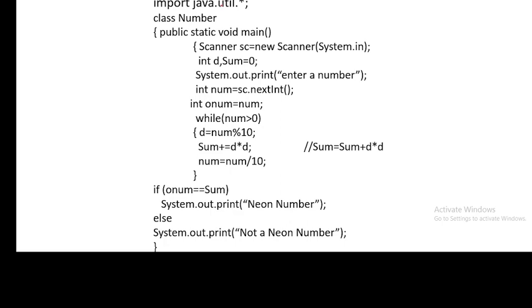Neon number किसको बोलते हैं? When the number is equal to the sum of the squares of its digits. सिर्फ आपने क्या किया? अब आपने सम प्लस डी नहीं किया, अब आपने क्या कर दिया? सम प्लस इक्वल टू डी मल्टीप्लाई बाय डी. स्क्वायर्स निकाल दिए. अब आपका स्क्वायर्स के इक्वल अगर ये आ जाता है, नंबर सेम आ जाता है, तो ये क्या हो जाएगा? हमारा नियॉन नंबर. सो किसको बोला हमने नियॉन नंबर? व्हेन द नंबर इज इक्वल्स टू सम ऑफ स्क्वायर्स ऑफ इट्स डिजिट्स.